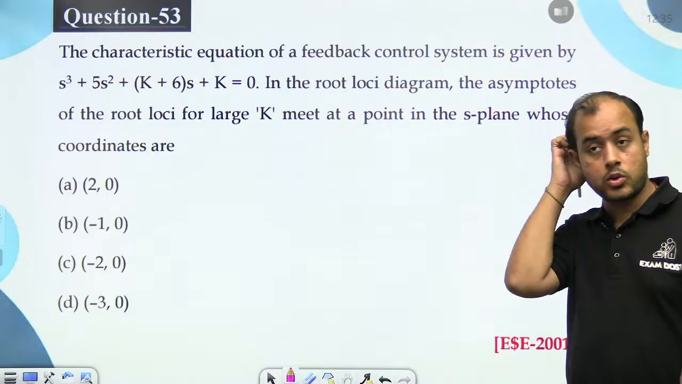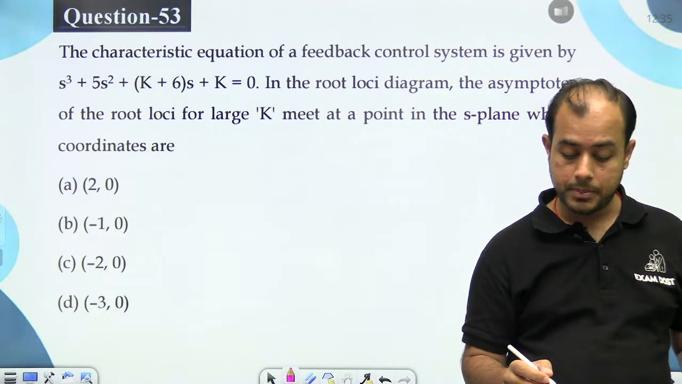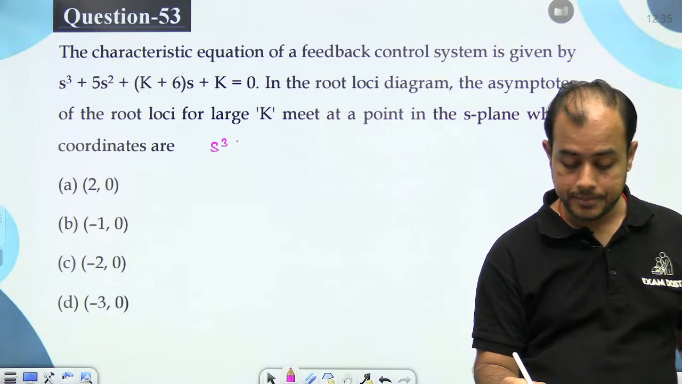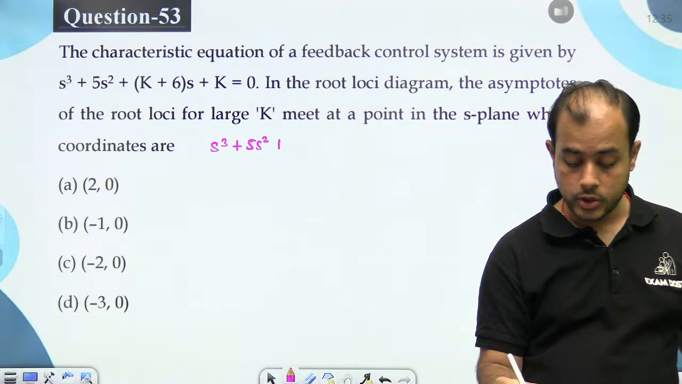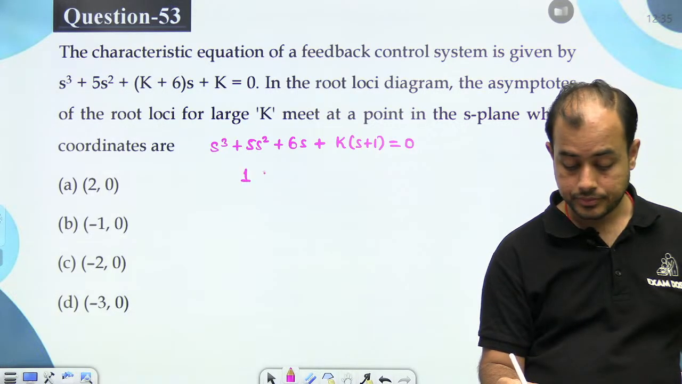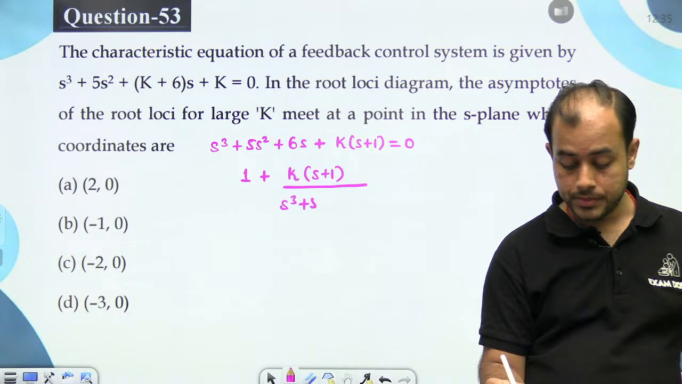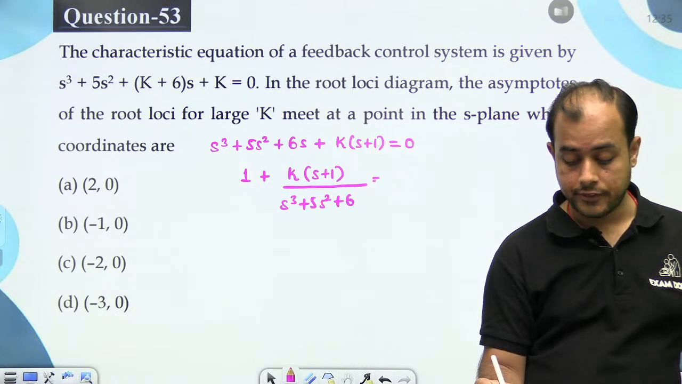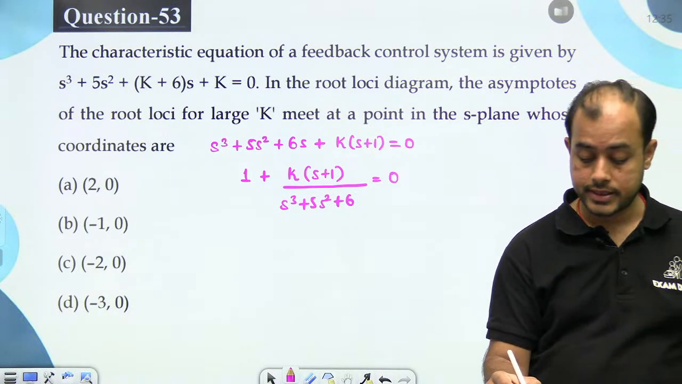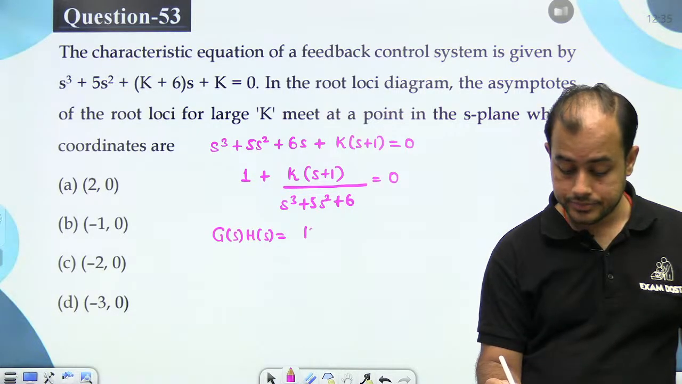The characteristic equation ESE 2001 is given like this. Asymptote meet at a point. So beta, first of all you have to convert it to a GSHS format. So take the k terms separately. K वाली terms को separately लो and divide by rest of the function. बाकी के function से divide कर दो. So GSHS is